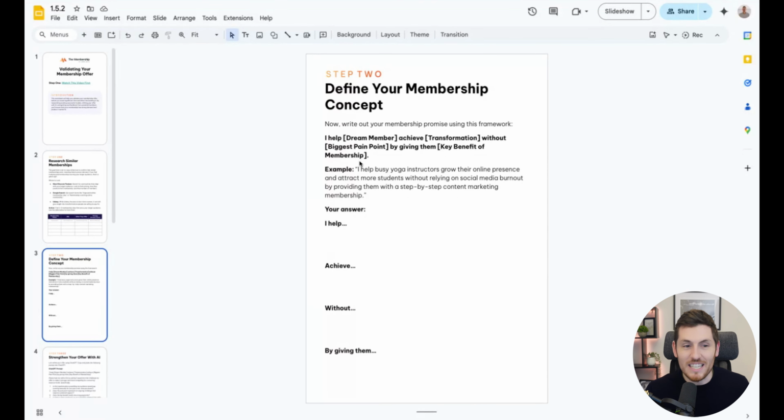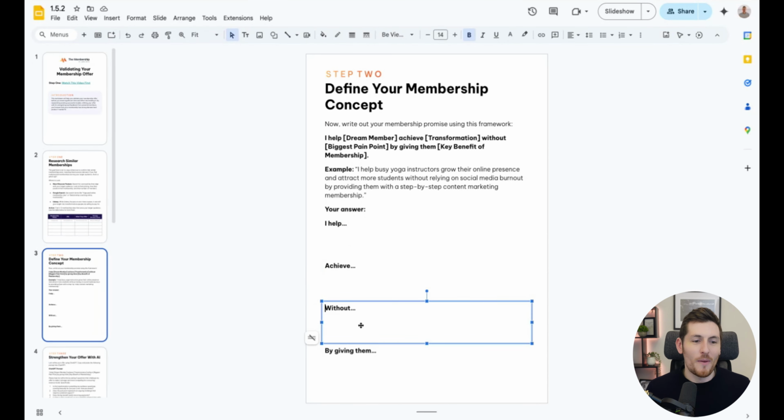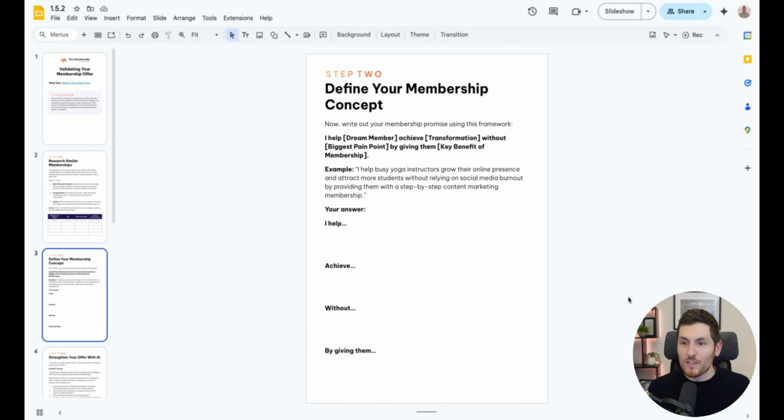So that's if you were teaching busy yoga instructors how to grow their own yoga memberships, for example. But you can see here how you would plug in your own examples, and you can put them into the box here. So that it's, I help, achieve, without, and by giving them. And remember, we've done this already to an extent on some of the previous micro action sheets. So you should have most of these answers already, but let's consolidate them into one place here,